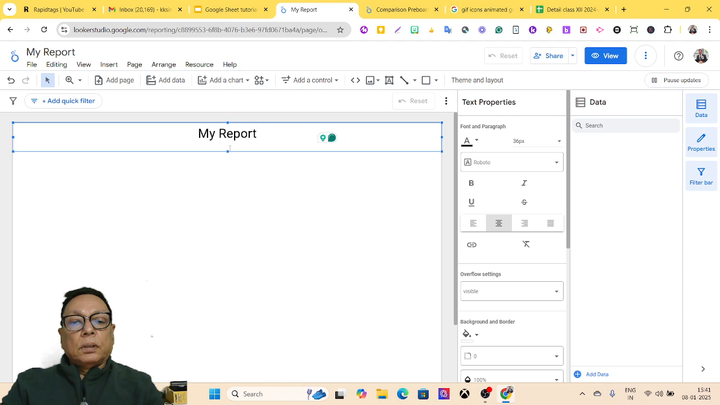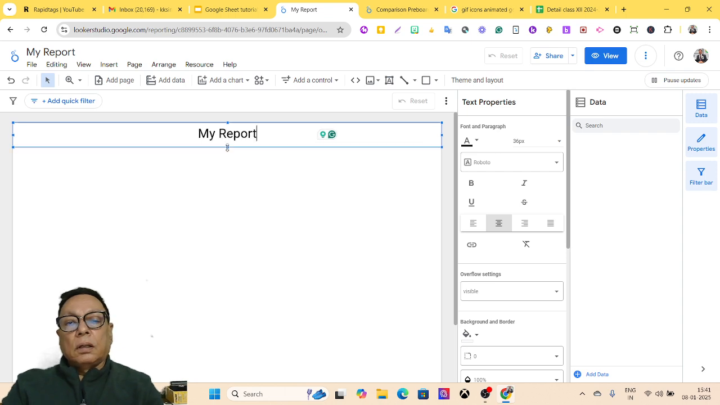So you decide or adjust the text box, and if you want to align, underline, whatever you want, you can do it. So there are many formatting tools available. And here I'm going to